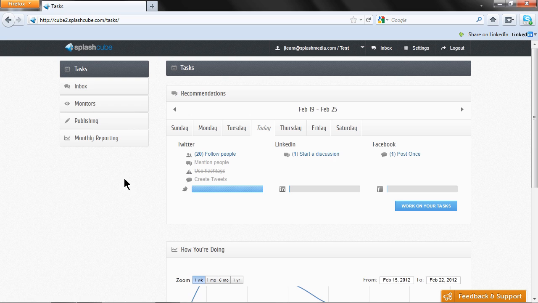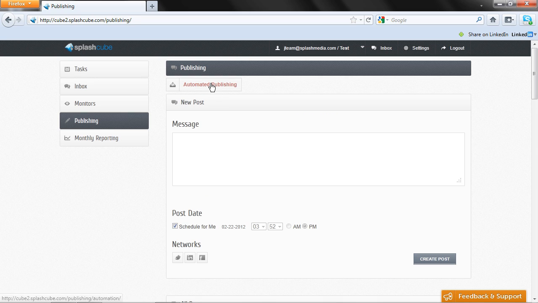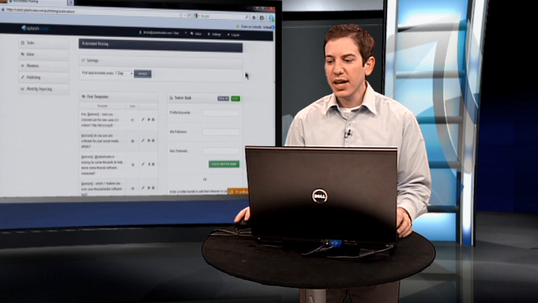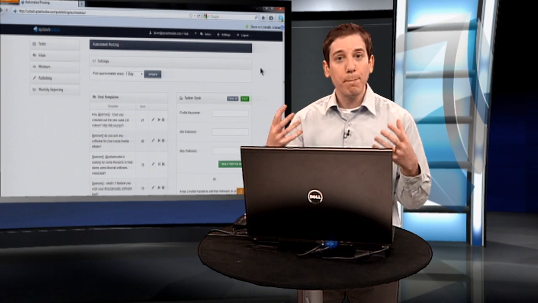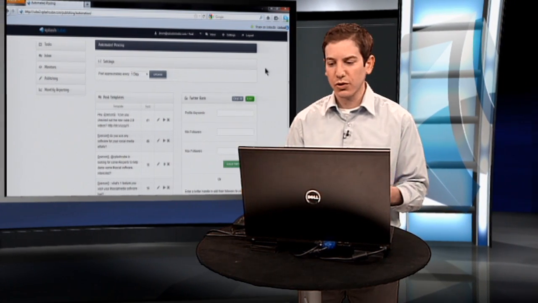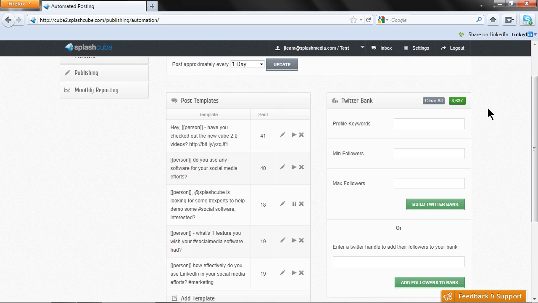Once I'm logged into SplashCube here, I'm going to click on Publishing on the left-hand side, and then go to Automated Publishing up here at the top. It's a little bit like email marketing. We're going to grow a bank of customers. There's a Twitter bank right over here on the right, and it has a running total of all the people we're reaching out to. And we can add in keywords to find people that are relevant to what we're talking